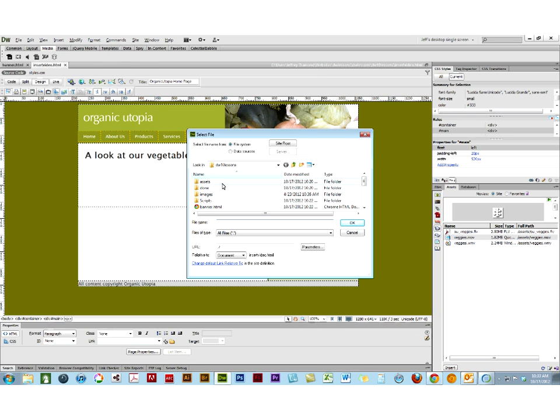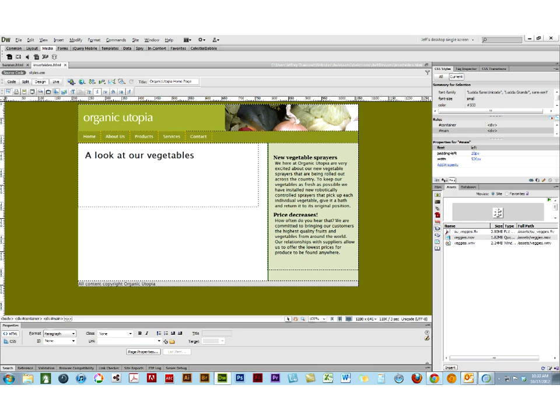What I do see is the choice for a plugin, at which point I could go to the Assets panel and choose Veggie Movie and then put it in that way. Okay? But the way I suggest that you do it with both WMV files and MOV files is you go to your Assets panel, you right-click, you choose Insert. What it does is it puts a plugin onto your page, and it puts it at a default size